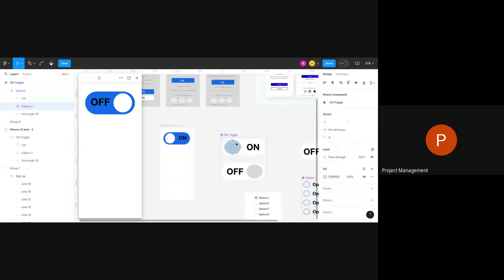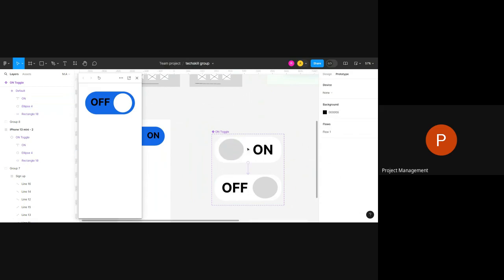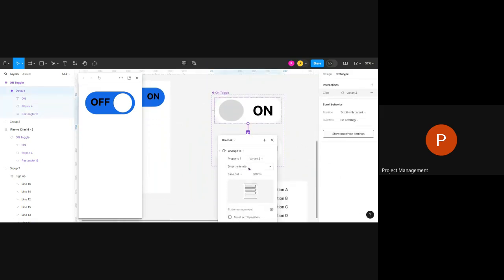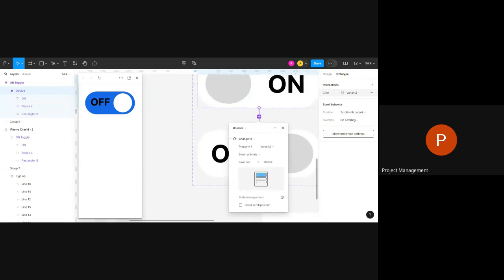Then also for this off, let me see the prototype. Oh, this is actually meant to be instant. There should be no interaction with your toggle button. It's meant to be that when you click on it, it moves straight. That's why you're having this. I hope you can see what I'm saying. When you click on it, it's showing the off already. So when you make it instant,